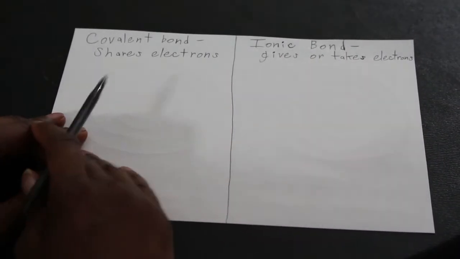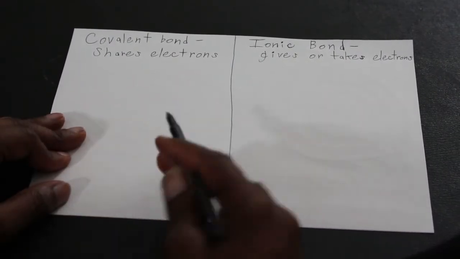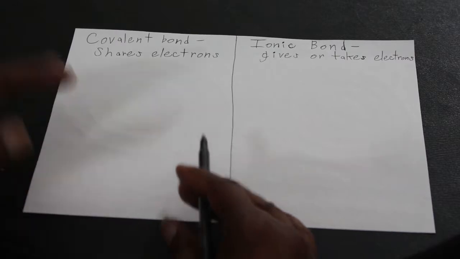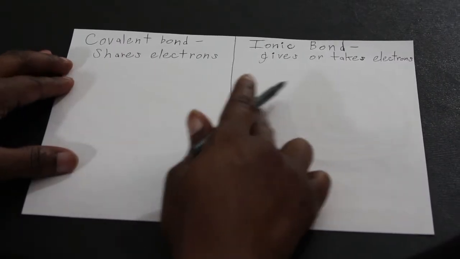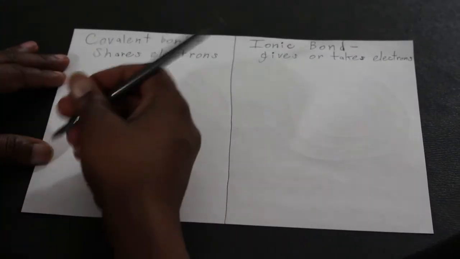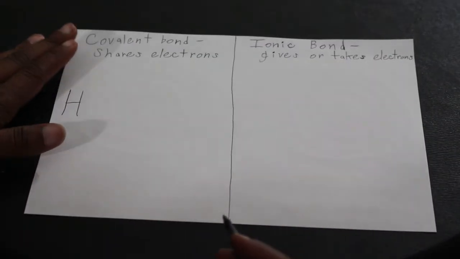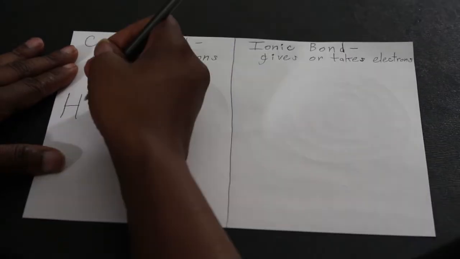Now, in the last video we talked about what creates an ion: an element with a positive or negative charge. So now let's start off with our covalent bonds first, since they share electrons. The most famous covalent bond ever is going to be H2O. So I'm going to draw the Lewis dot structure for H2O, which is going to be one hydrogen